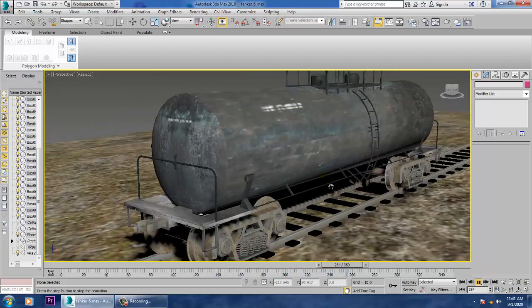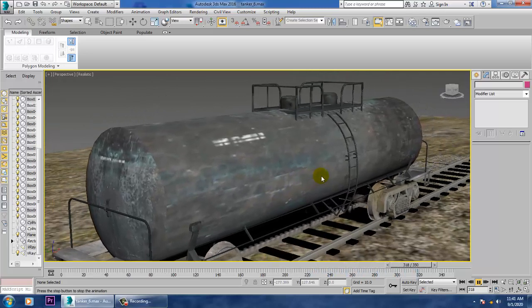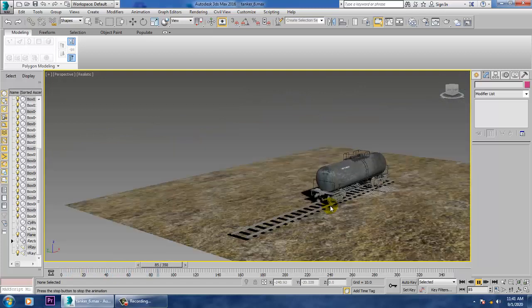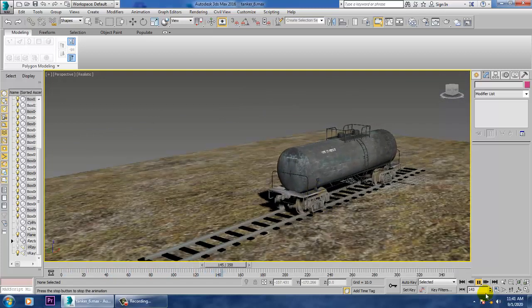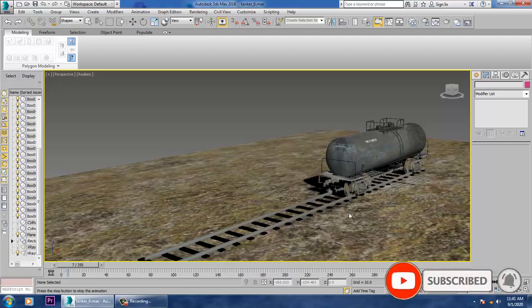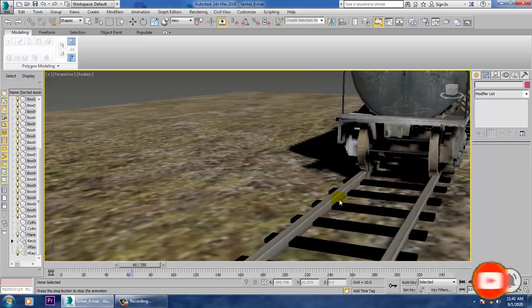So we have used two parameters over here. One is your orientation and the other is your parenting. So it's a simple example. If you have too many bogies over here, and you want to do the same, so if you have one more copy of it, whatever is going to pull this object, that would be a parent of this. So if you have one more container in front of it, that will be a parent of this, and the constraints will remain the same. So if you want to generate this animation, you can do that.